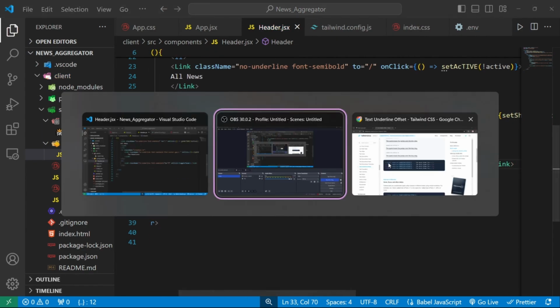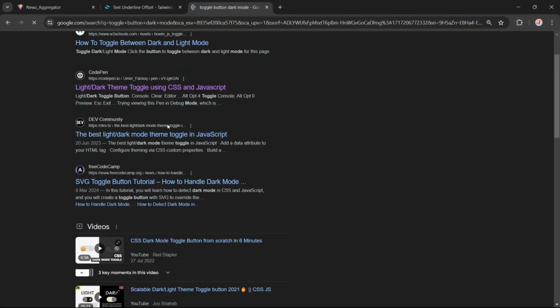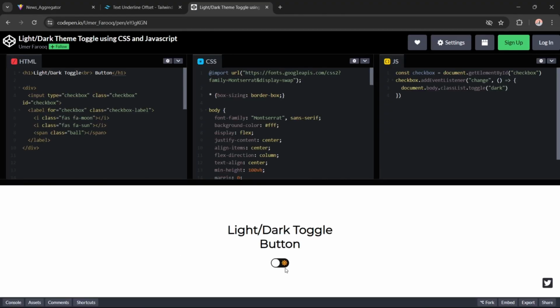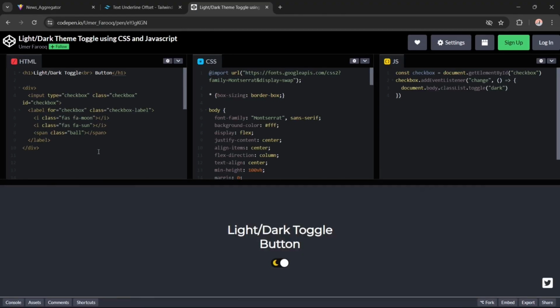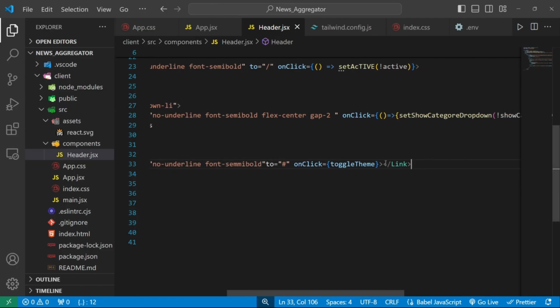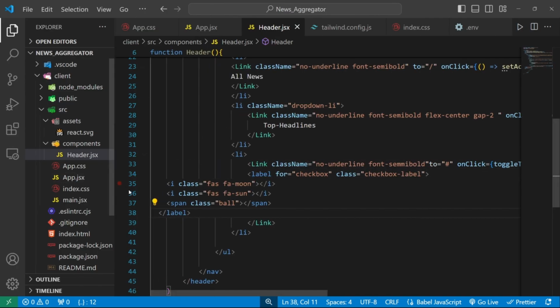For this toggle we can go to CodePen and use this toggle. So for that we just have to copy this label function. We will paste it here in our link section and just correct the format,